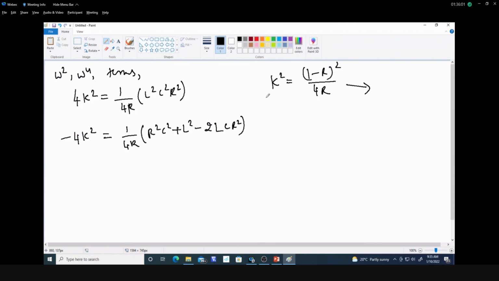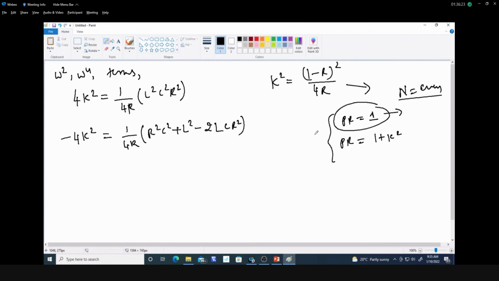Now by using an additional filter element to make n odd, because we need to get the power loss ratio 1 plus k for odd n. If I want to get this and I have n equal to even, you can add an element to get an odd number of filter elements. And also we can show that for that r equal to.